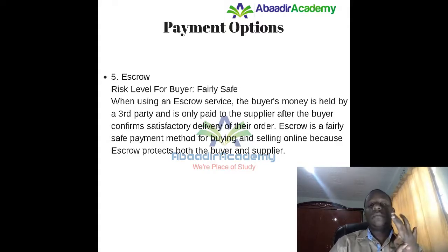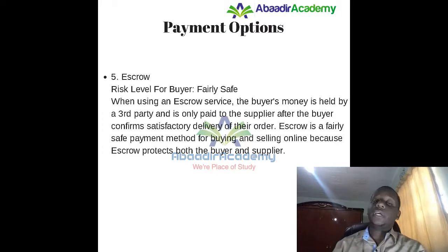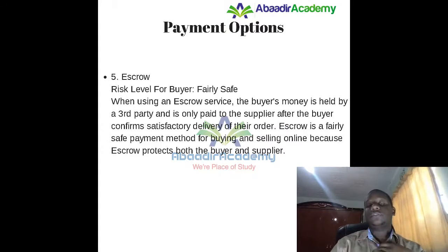Either use the escrow method that's offered by Alibaba, or use PayPal. Now, if you're an experienced buyer, and you've been buying goods from this supplier for a long time and you want to order a larger inventory, you can now use the letter of credit and other safe methods. I would definitely not advise you to use Western Union